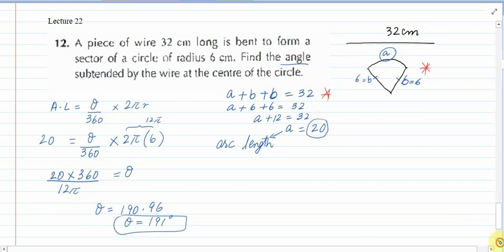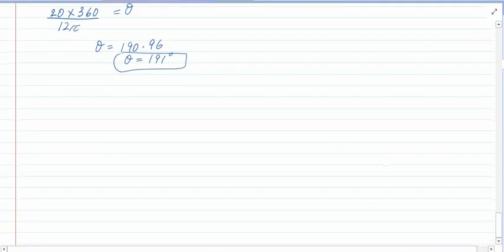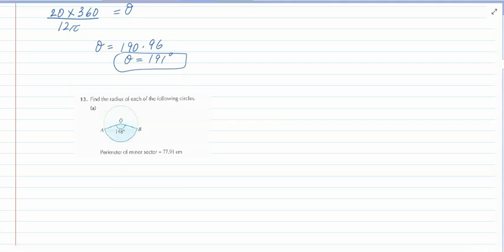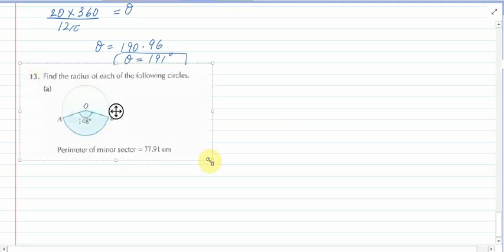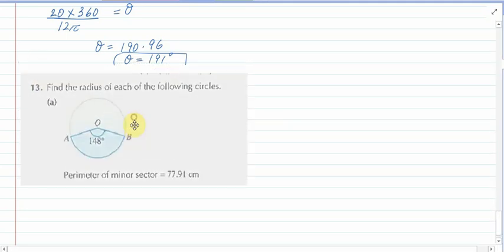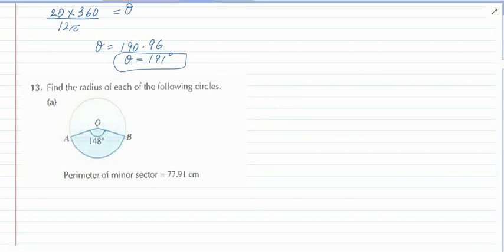Now after question number 12, moving on to the next question, that is question number 13. So now we have different type of questions in which first you need to derive the condition from the question, right? So it's 13 part A. The question says find the radius of each of the following circles. So perimeter of minor sector is known, right? So perimeter, we need to highlight the boundaries. So that means the sum of all these three lengths is